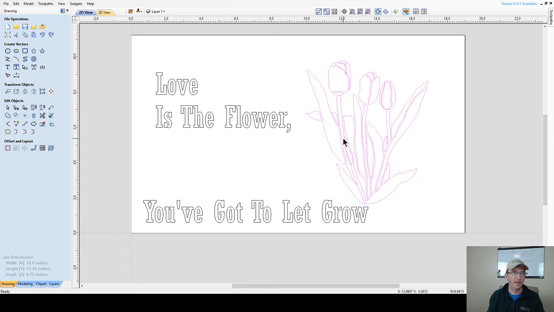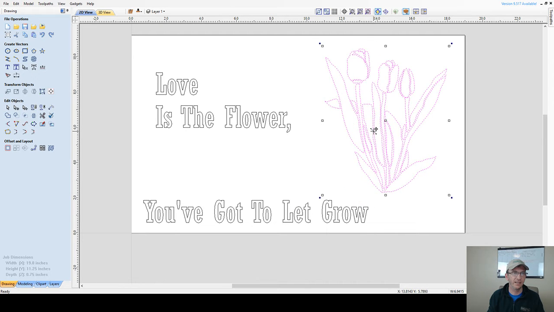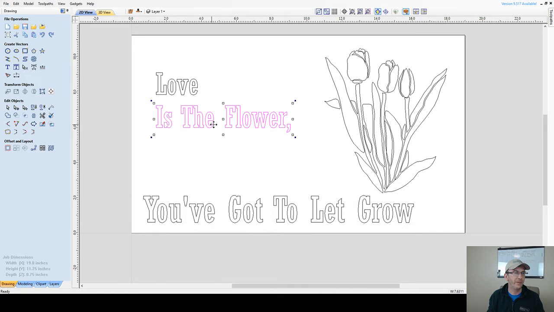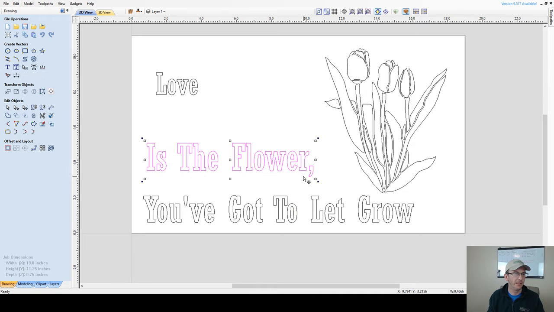We're going to talk about duplicate vectors and all that stuff in a moment because I can see I have a couple and I want you to be able to identify when you have a couple as well. So let's get this thrown up in here. On this here, I'm going to kind of throw this a little bit bigger. And now on the word love,